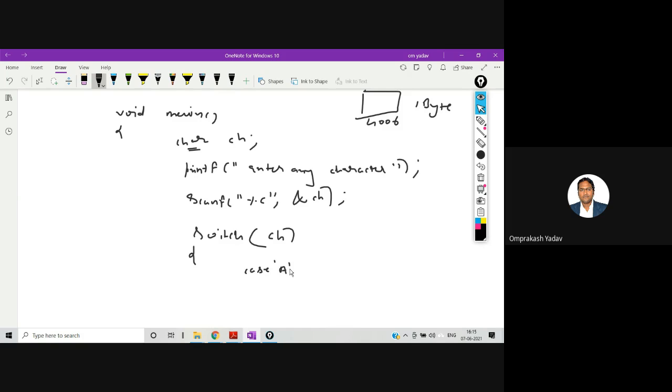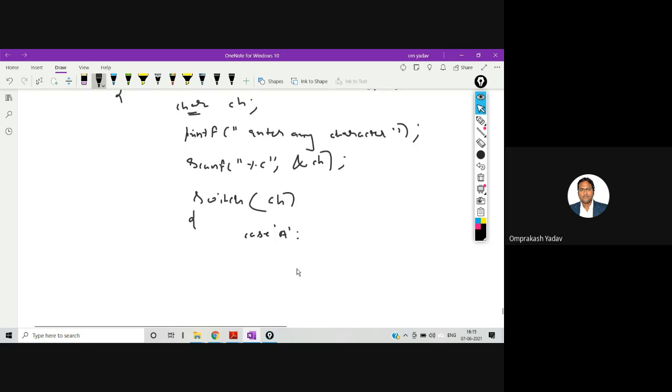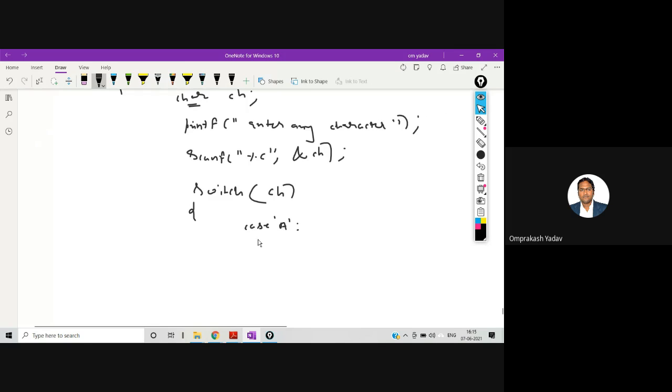So if the user will enter capital A, or the user will enter, let's say, small a, it will convert this particular character into its ASCII value. Even the cases of a character will be converted to their ASCII value. For example, capital A will be converted to 65, small a will be converted to 97, right? So if we provide small a to this character, it will jump to this particular case, the second case, which is small a.